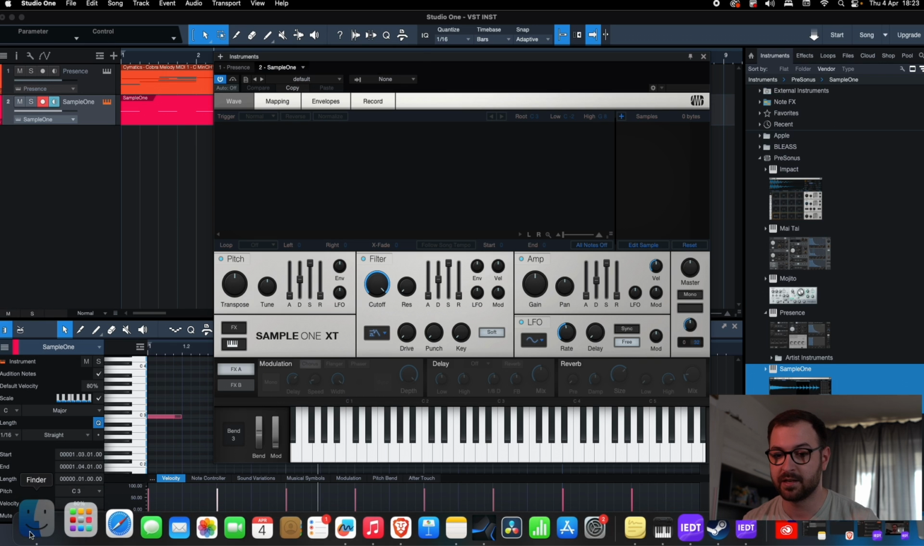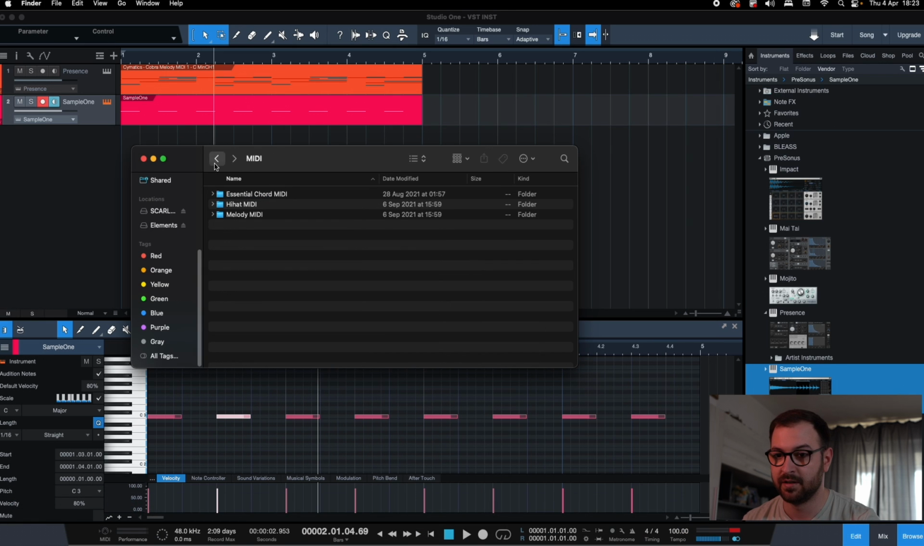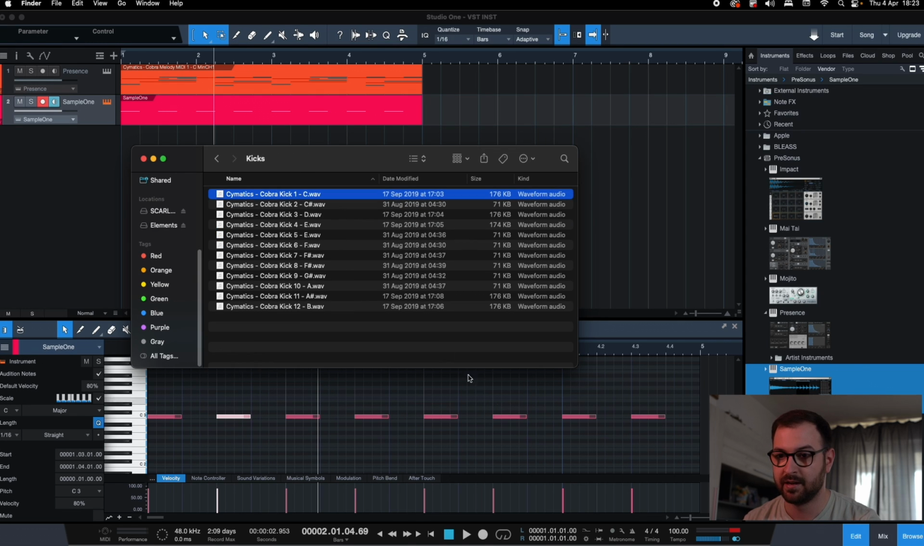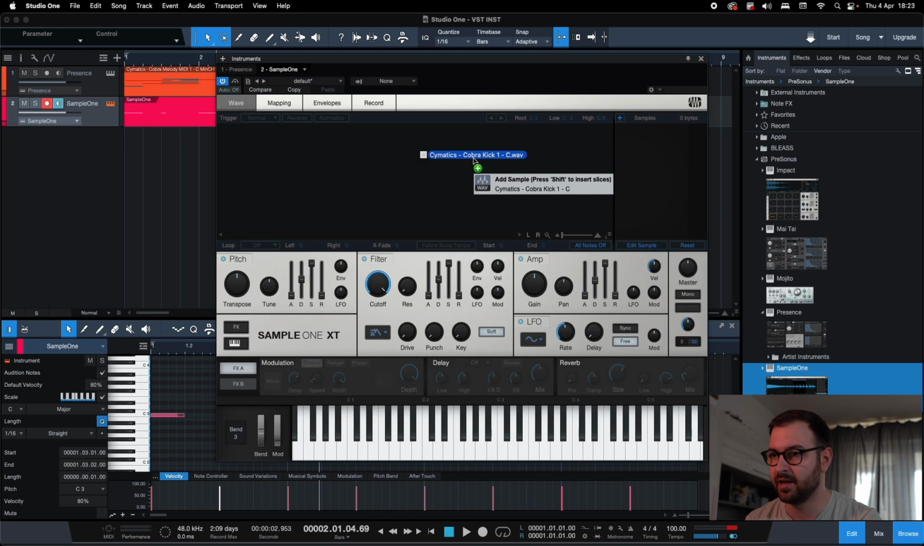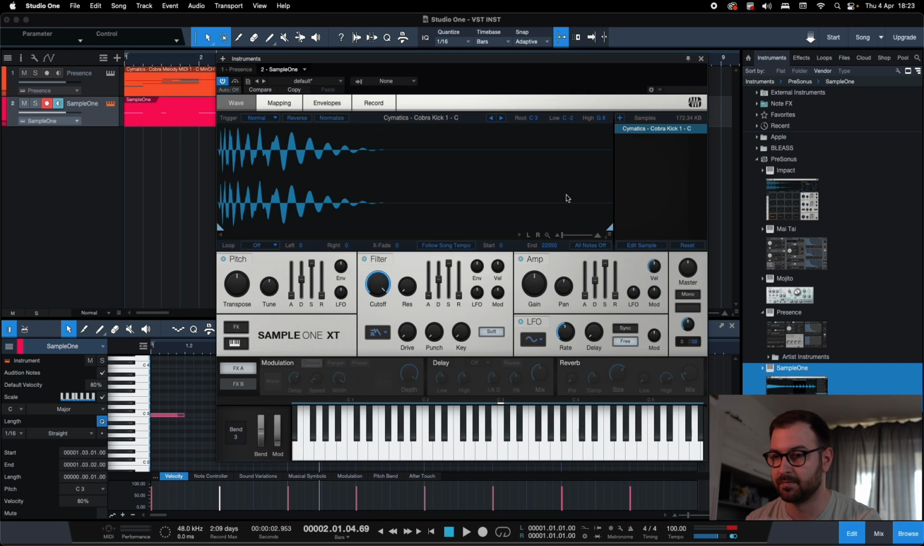Or if you feel like, you can go in Finder. Let me go back to Drum One Shot. Let's take a kick. Let's just say Cobra Kick 1. Click, drag, and drop over Sample One. Bam, and you have it in there. And now if I hit play,